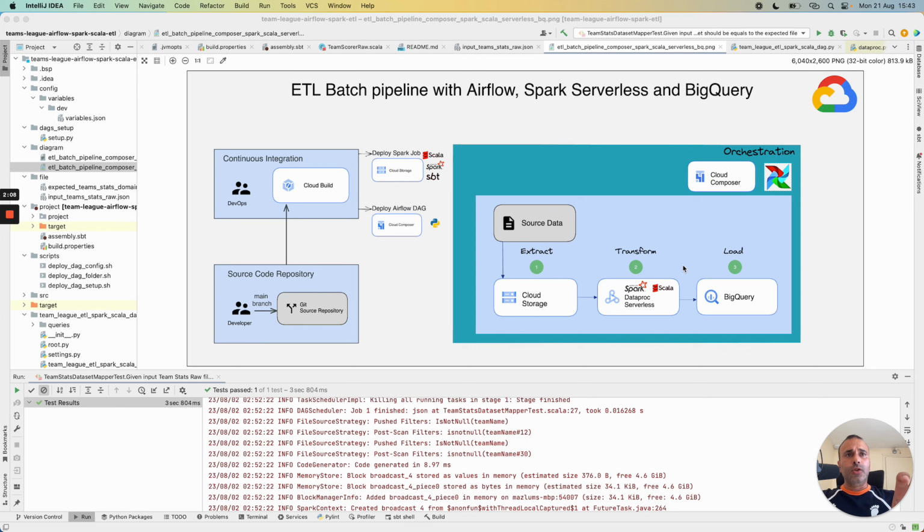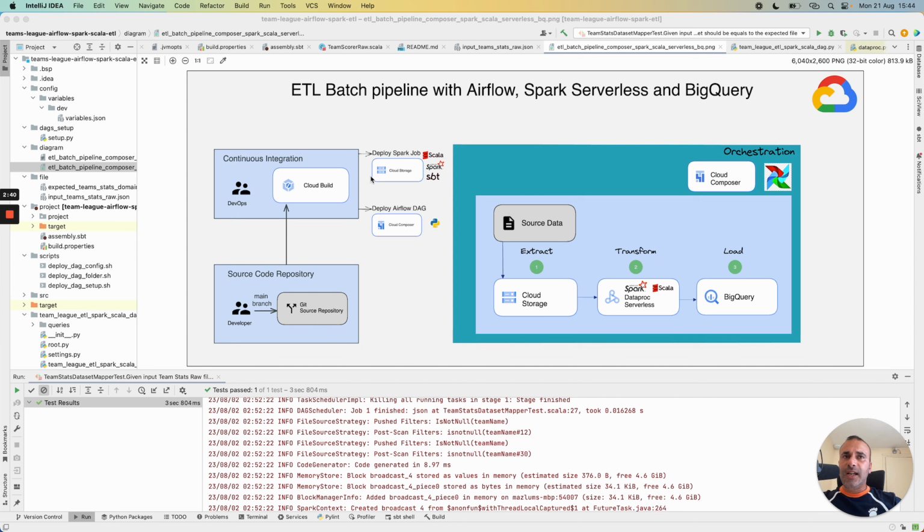Then the transform part will be managed by Dataproc serverless, which has the responsibility to apply the business rules and the transformation for our job. And after applying all the needed transformation, we write the result to a BigQuery table. It's the same use case as I presented previously in other videos.